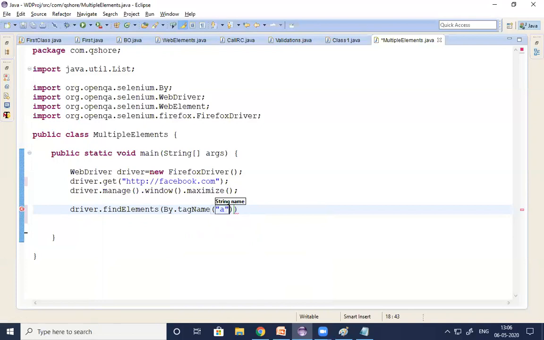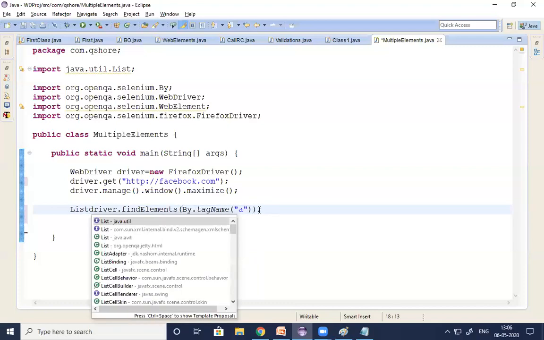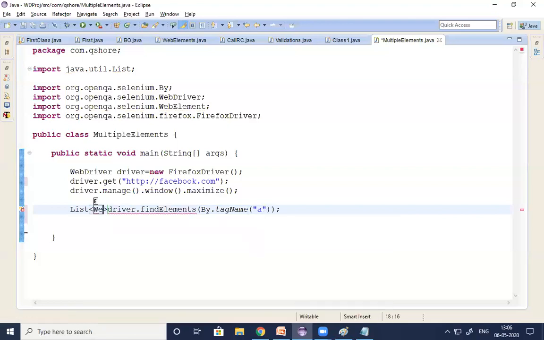The tool does one thing in this page. By using the find elements method, whichever elements have the tag name of A, those elements you can capture, and you can store them into one collection. List of WebElement, what is that, guys? The variable name, links, I'm giving. So if you run this code, what will happen?